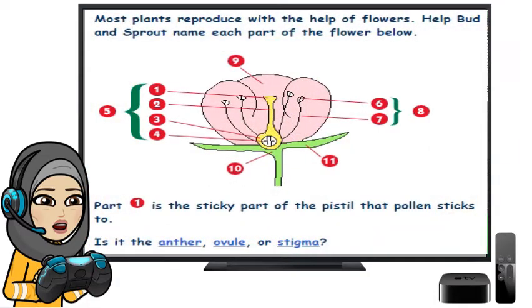Here is another game. So they're saying most plants reproduce with the help of flowers. Let's help them name each part of the flower below. Part 1. This is part 1. It's a sticky part that pollen sticks to. What do you think? Is it the anther, ovule, or stigma? We're talking about part 1. It's the